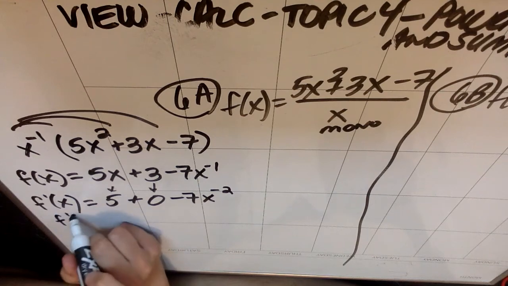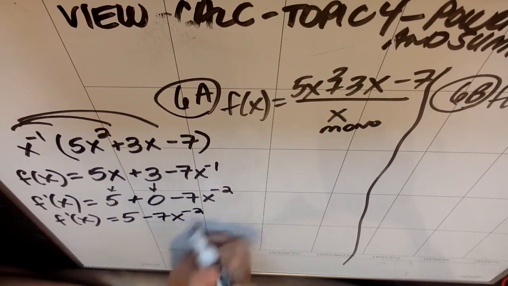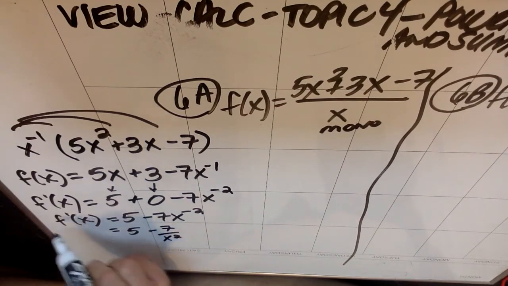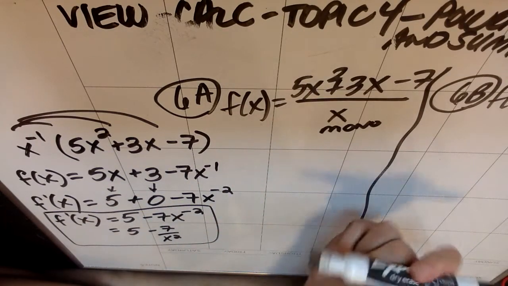So one option is to do this, and you could write this as 5 minus 7x to the negative second, or you could write it as 5 minus 7 over x squared. That's fine, right? Either of those would be great. The other way to think about this, if you don't like that product idea,